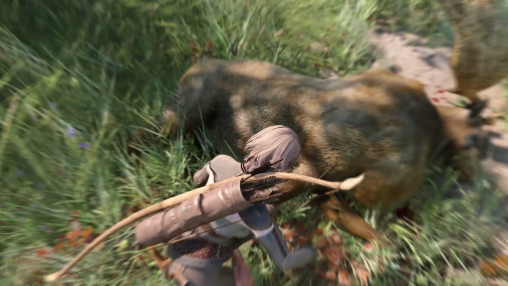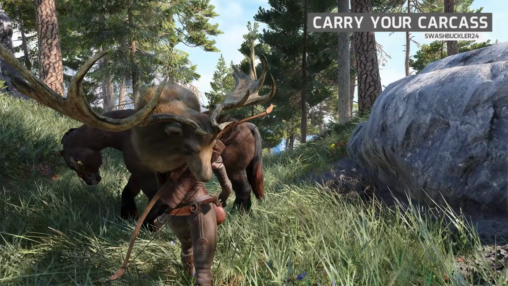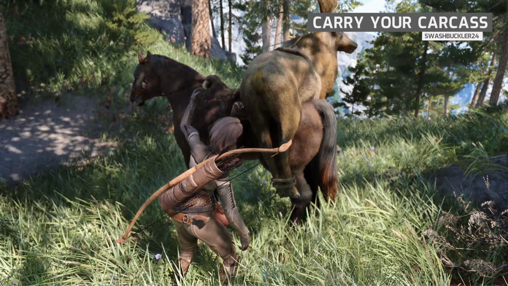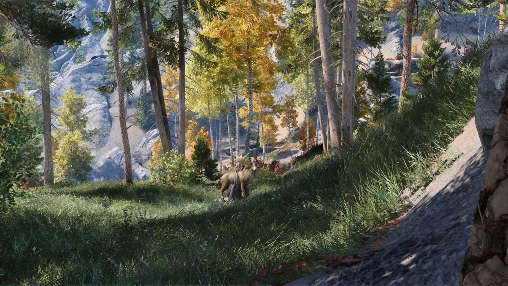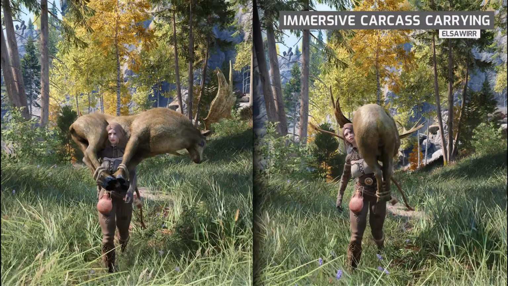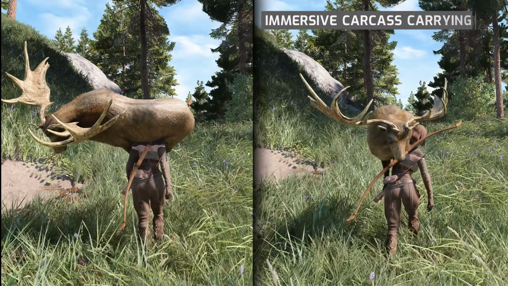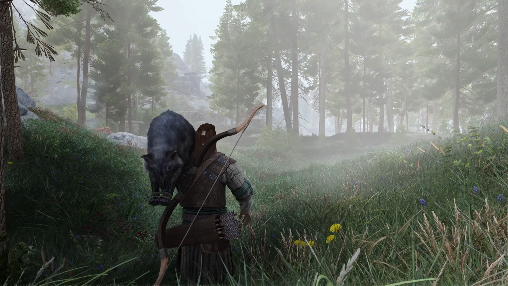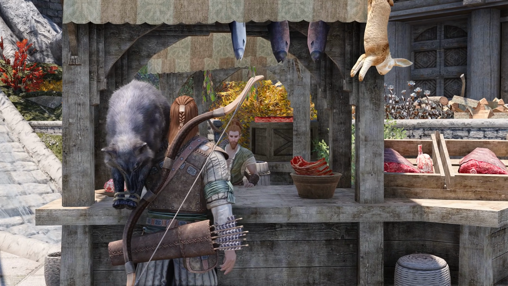Alternatively, you can pick up and transport entire carcasses if you're using the Carry Your Carcass mod. While optional, it's meant to be used alongside Simple Hunting Overhaul, letting you toss your catch over your shoulder or strap it to your horse. Immersive carcass carrying builds on this with more grounded, weighty animations that sell the effort of hauling a carcass through the wilderness. Some traders such as butchers will even purchase carcasses directly, giving hunting a functional role in Skyrim's economy,